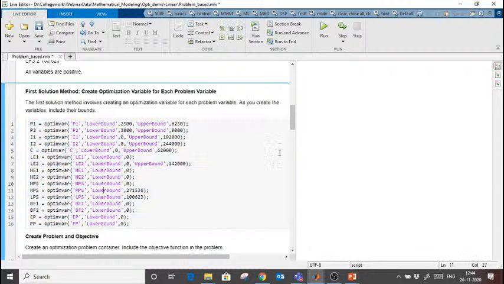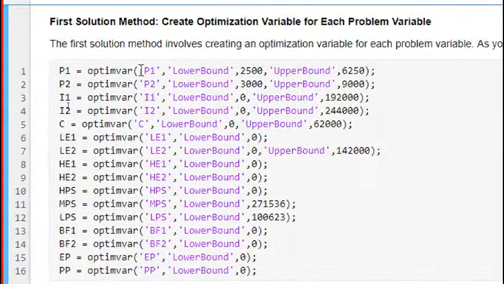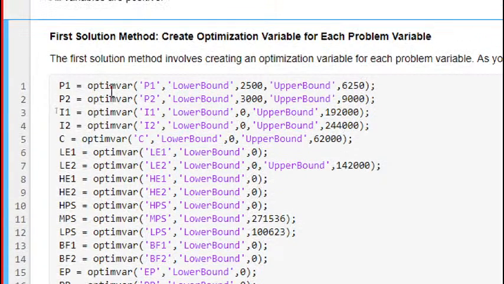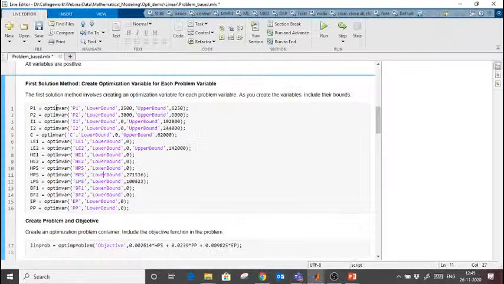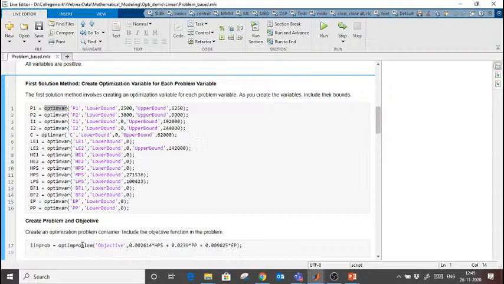So first of all, in problem based, we start like this. First of all, we create symbolic variables. So we use an inbuilt function in MATLAB that is called optimvar. Let's say that you are not aware of optimvar. Just select this, right click, and directly you can go to help from here. You can open this in a browser